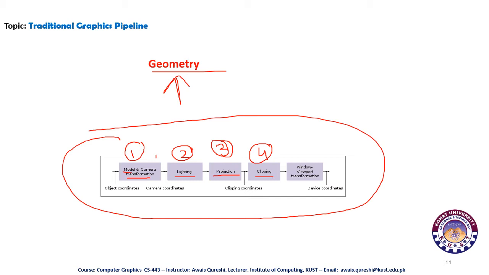And after that we will use the window viewport transformation step, okay. So these are the steps, and this is totally dependent on the device coordinates. Because we are seeing different animations, movies and games on different screens, this window viewport transformation is totally dependent on device coordinates. Those devices may be your laptop screens, your computer screens, your tablet screens, or your mobile phone screens. So these device coordinates are very important when the scene is going to be rendered on the final screen.